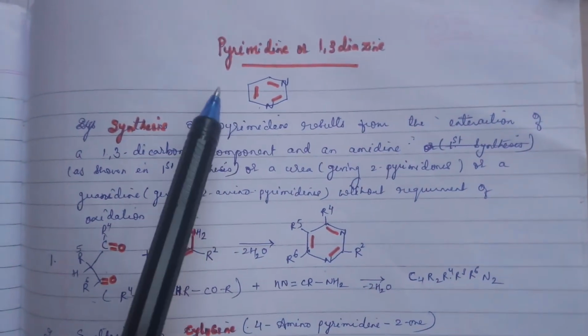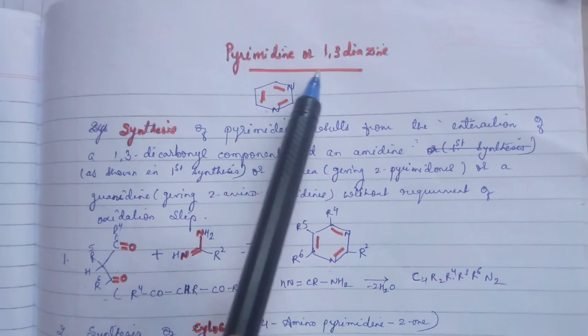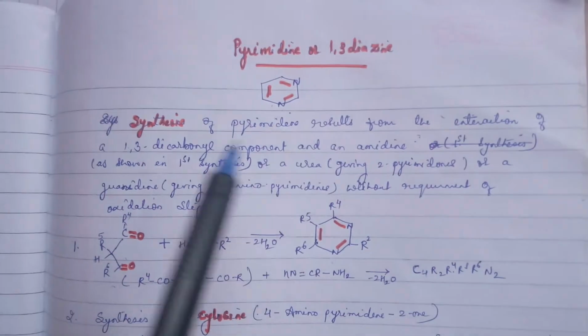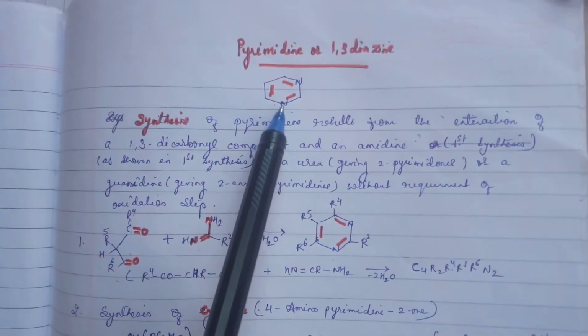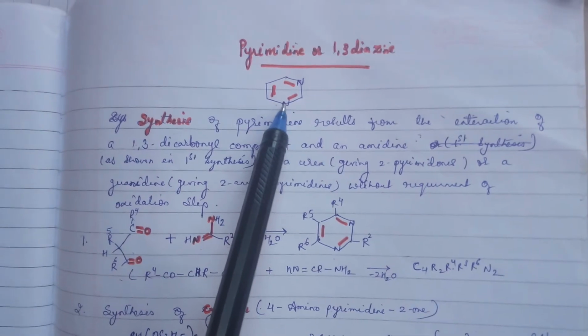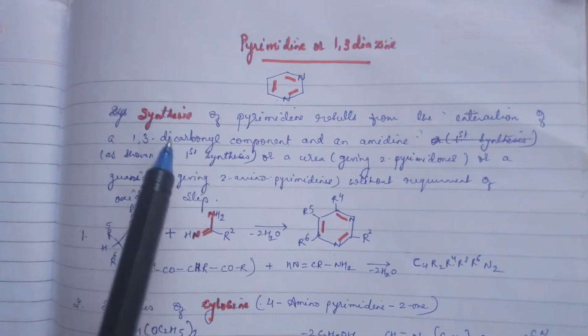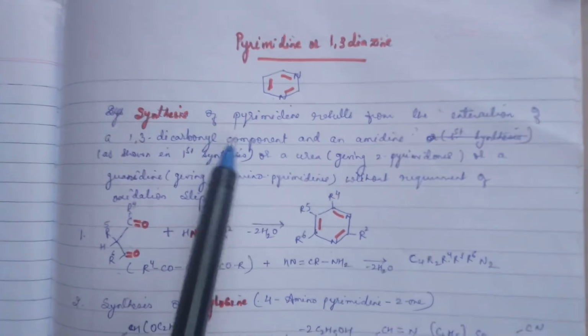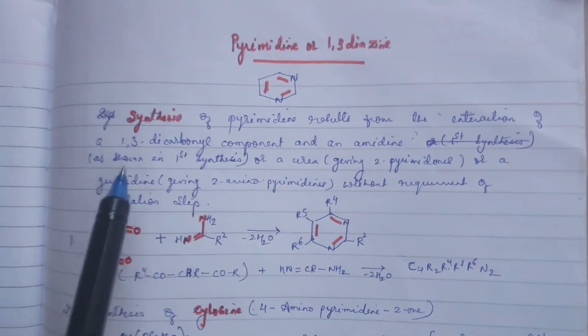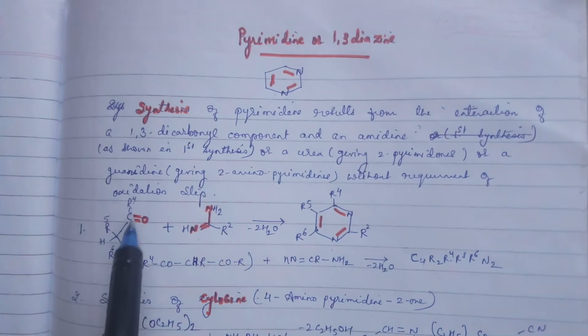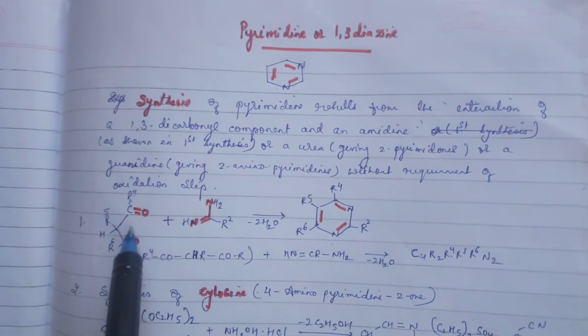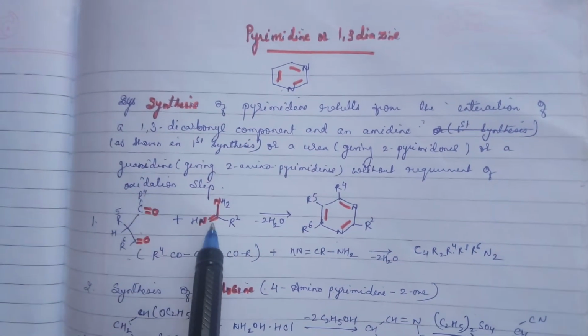Students, today we are going to discuss pyrimidine or 1,3-diazine. This is the structure of 1,3-diazine, where sp2 hybridized nitrogens are present at the 1 and 3 positions. The synthesis of pyrimidine or 1,3-diazine results from the interaction of a 1,3-dicarbonyl component with amidine, as shown in